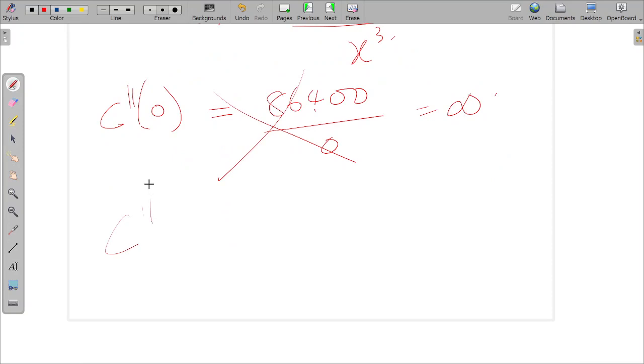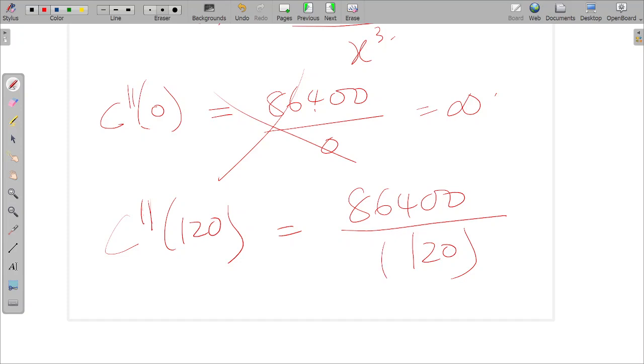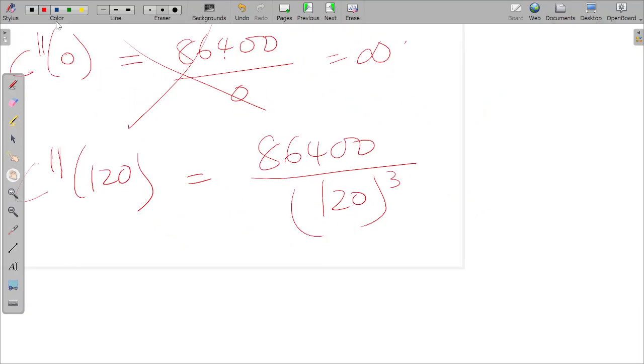So let's go to C double prime of 120. C double prime of 120 will be this 00 over 120 raised to power 3. You can get what that value is, but what I am interested in is that this is positive. That means this is greater than 0. Because this is greater than 0, from the